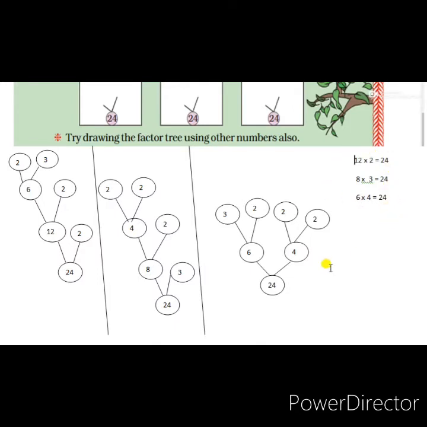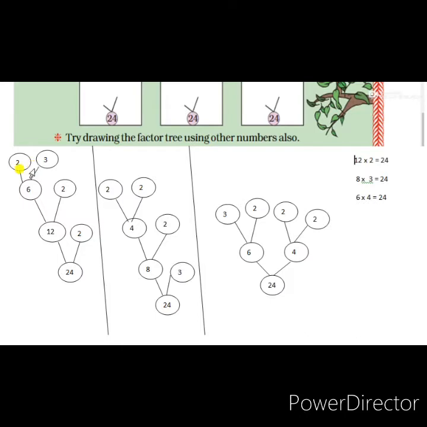First I have taken 12 2s. See that 24. 24 is converted into 12 into 2, the product of 12 and 2. 12 2s are 24. Here 2 is a prime number. Then we have to convert the composite number 12 only, into 6 2s. 6 2s are 12. Then again we got one more prime number. Then 6 is the only remaining composite number. That 6 again we are converting into prime factors. So 6 is 2 into 3.